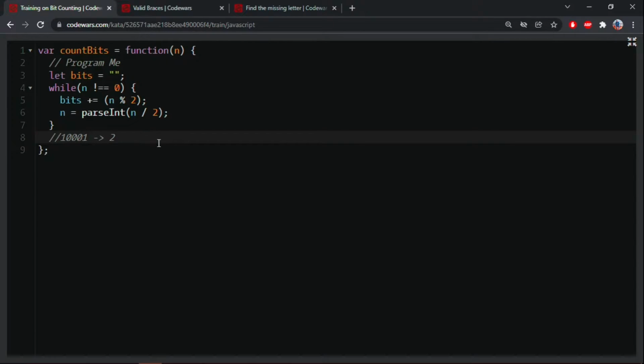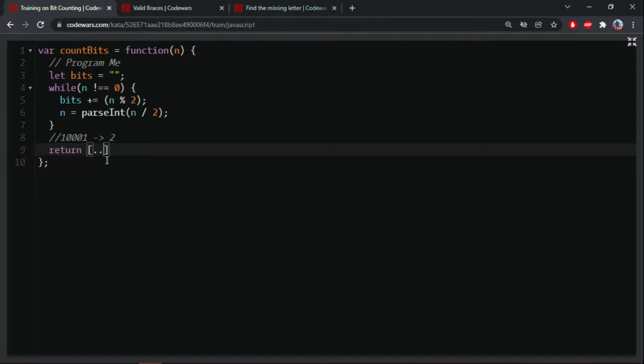What we're gonna do is we can use the classic for loop to iterate through this string, or we can just use the spread operator to convert it into an array. So we can use the reduce method, right? So I'll use the reduce method. I'll just say return and use the spread operator here, go to bits and use the reduce method, which takes a callback. In our callback, we're gonna have an accumulator and the value,